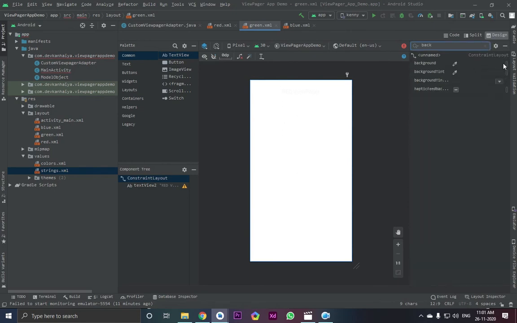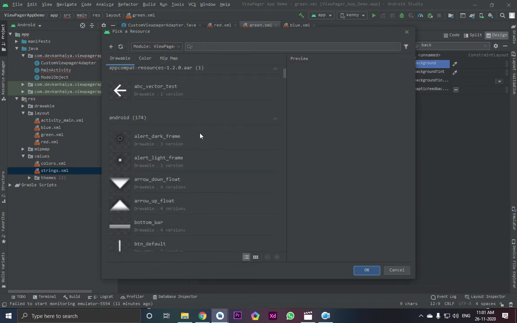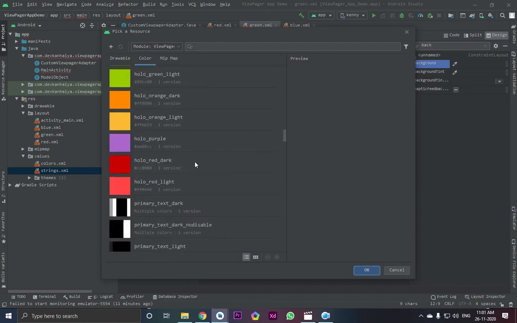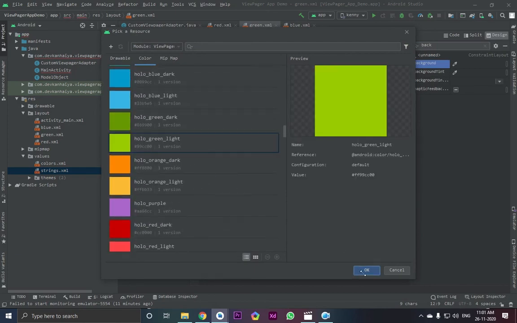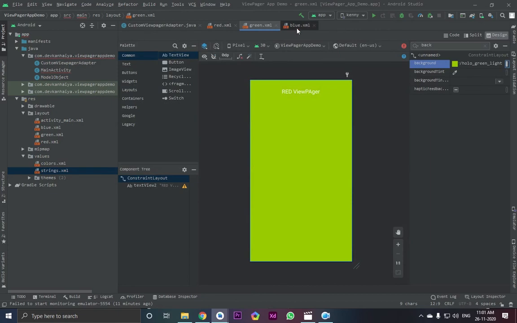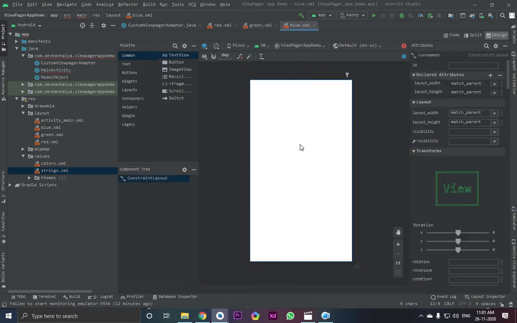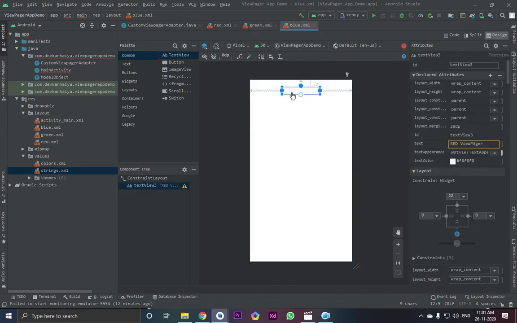Now we need the green layout, so let's get green in color. I see here this is also green. Okay, now let's change its value from red to green. Enter, then go to blue, paste our text here, click on this, and change from red to blue.